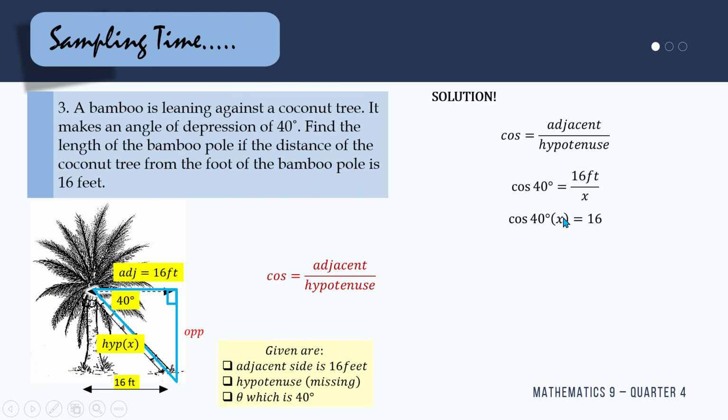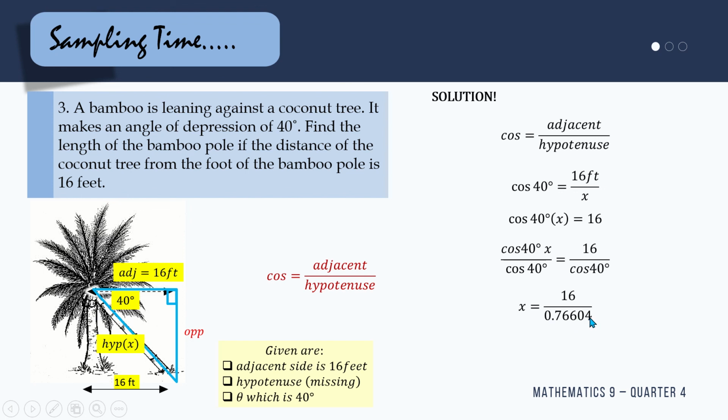Next, to solve for the value of x, naay kauban na cosine 40. So atong i-eliminate ang cosine 40. So cosine 40 degrees times x divided by cosine 40 is equivalent to 16 divided by cosine 40. So automatically this is cancelled, kani duha cosine 40. Nabilin x is equal to 16 over